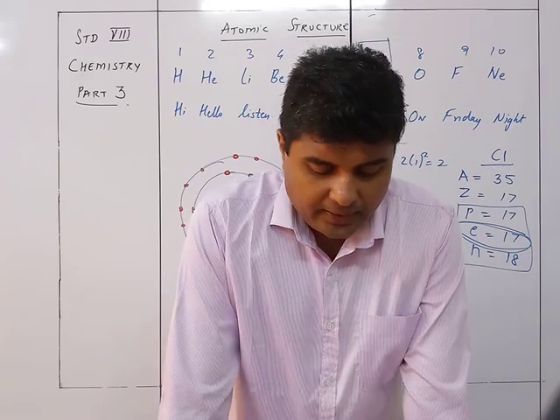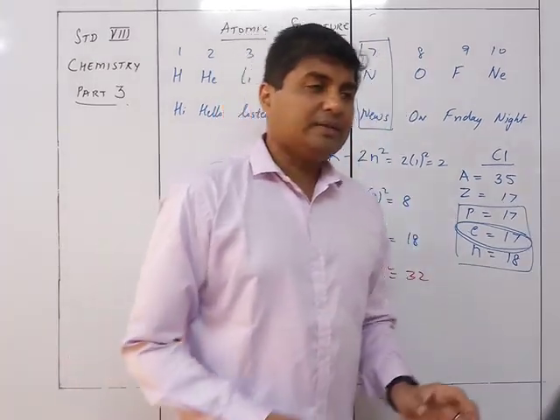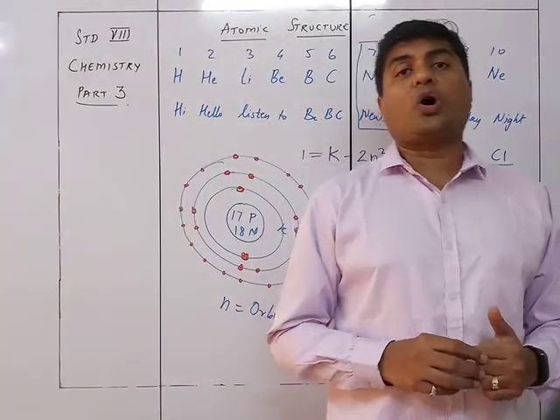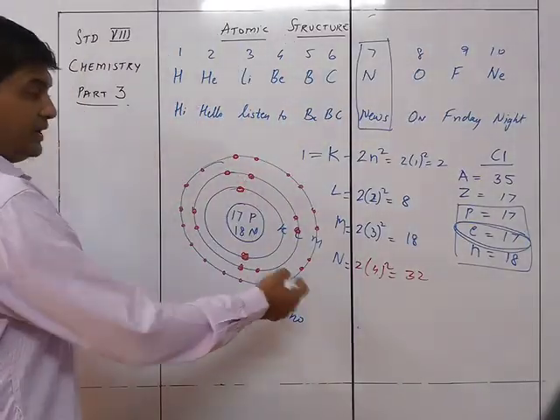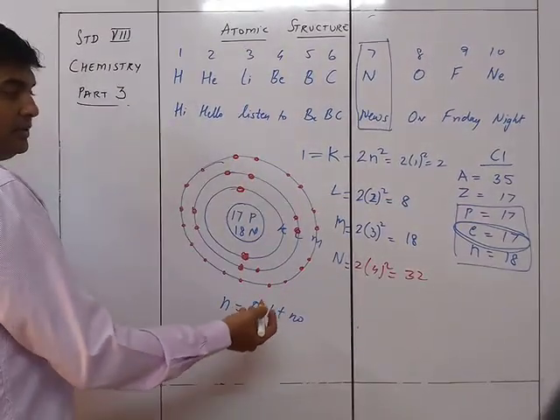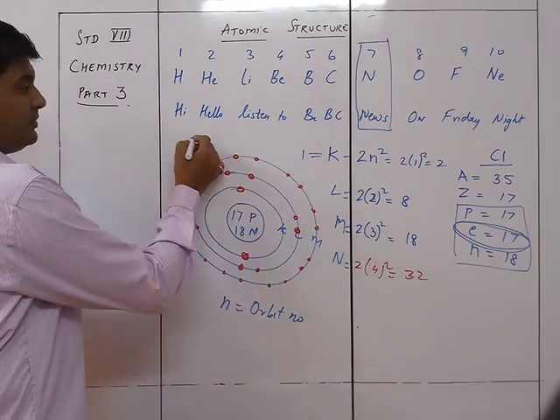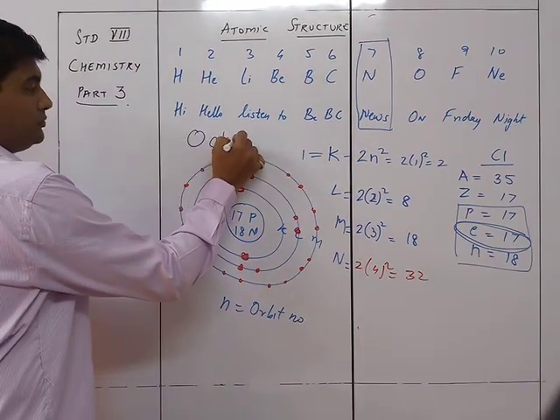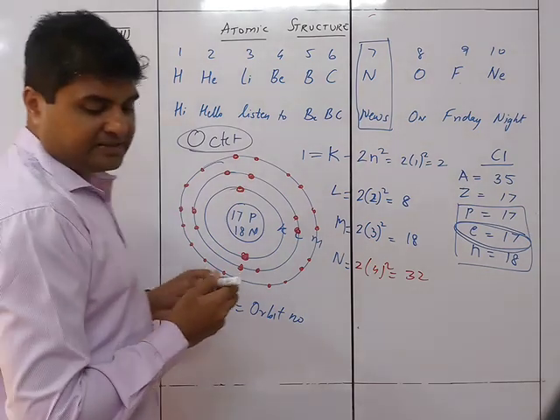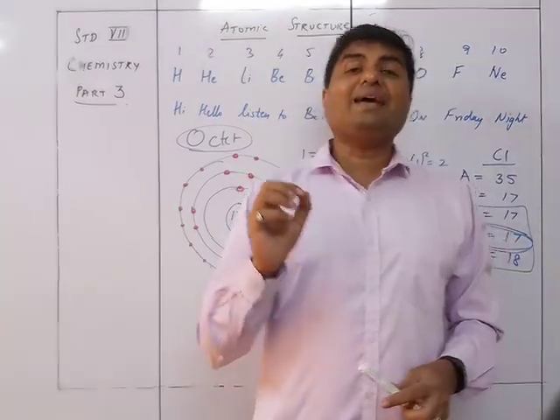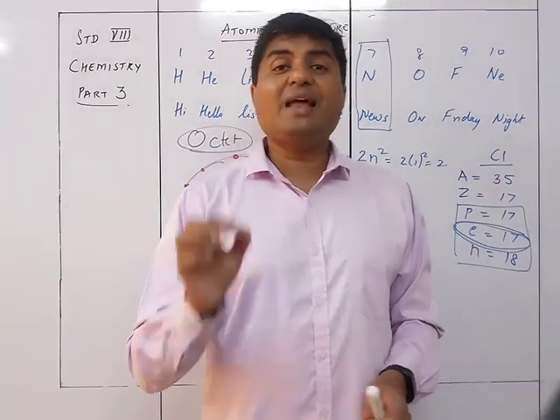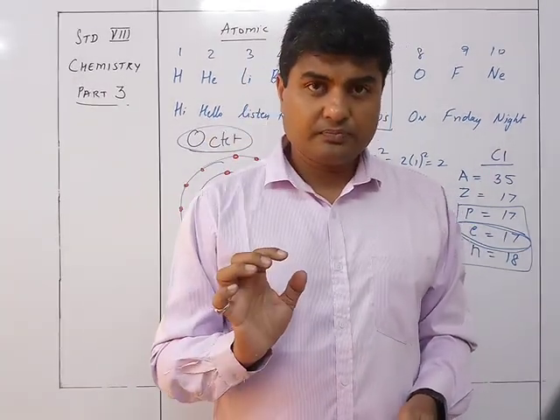So it is seen over here that there is one more rule which is called the octet rule. Okay. So here we see that there is something which is called the octet rule. In this particular thing we can see that there cannot be more than 8 electrons in the last shell.